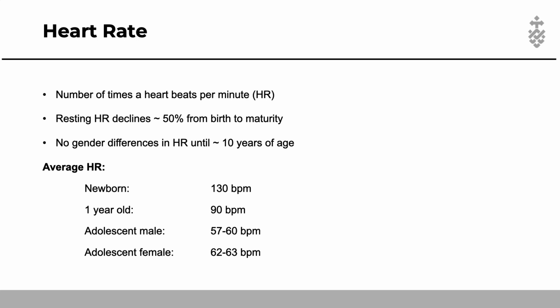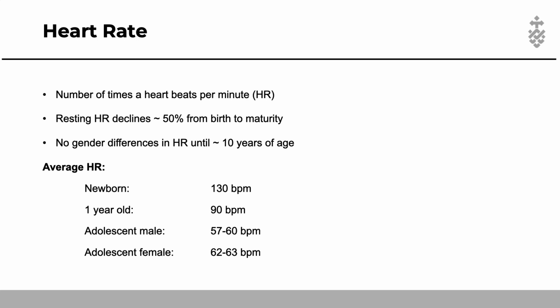minute. And this trend is evident up until late adolescence, when young men exhibit an average heart rate of between 57 to 60 beats per minute, and young females have a slightly higher heart rate at 62 to 63 beats per minute. Now, generally, there's no gender differences in heart rate until about 10 years old. And then females have a 3 to 5 beats per minute higher heart rate than males,